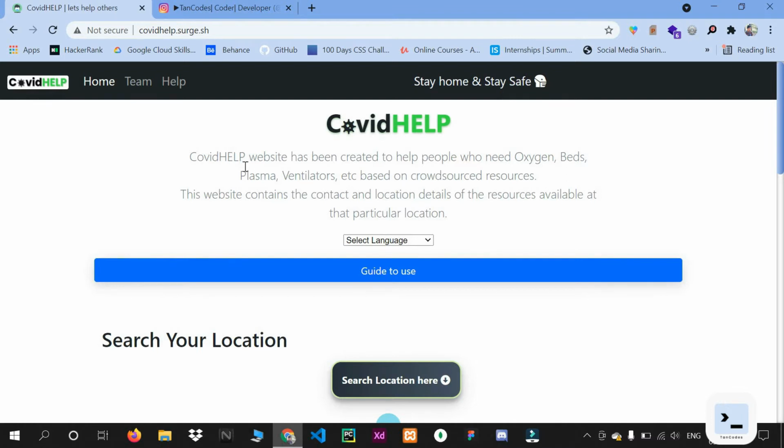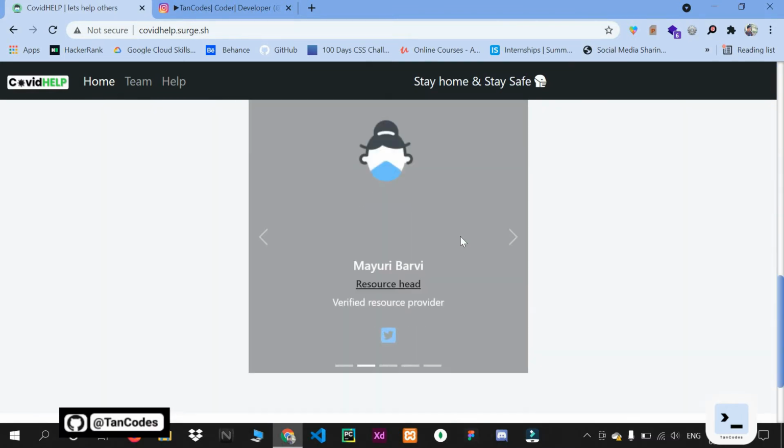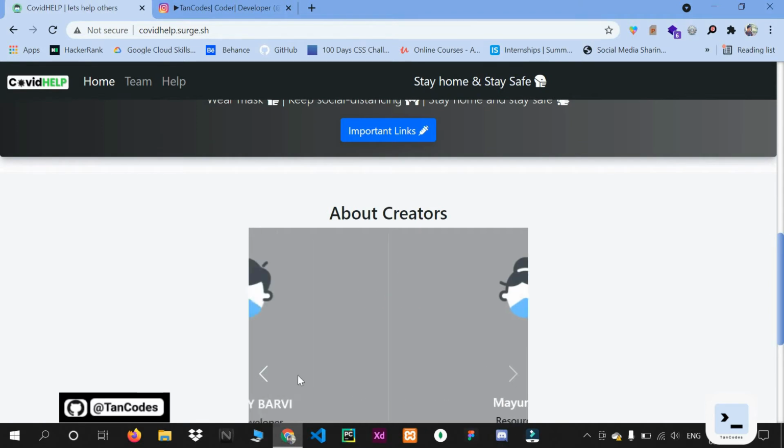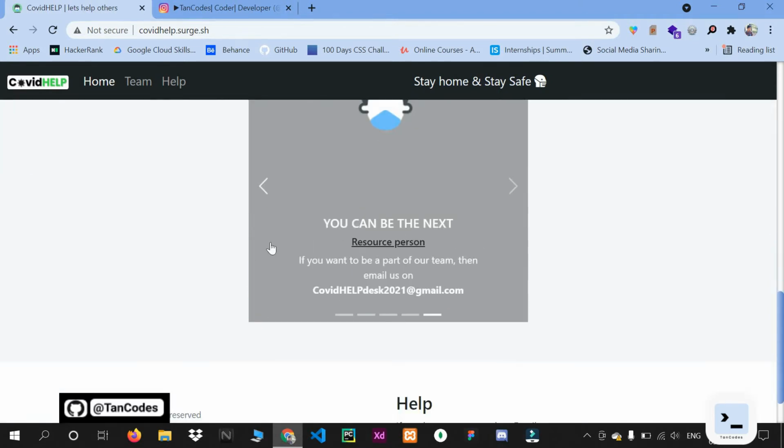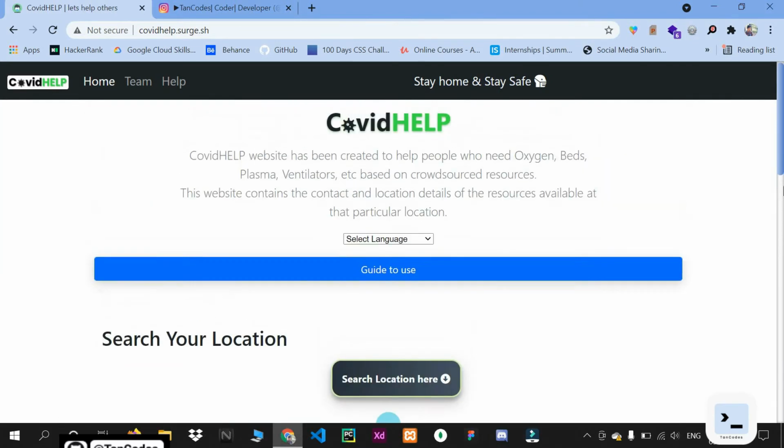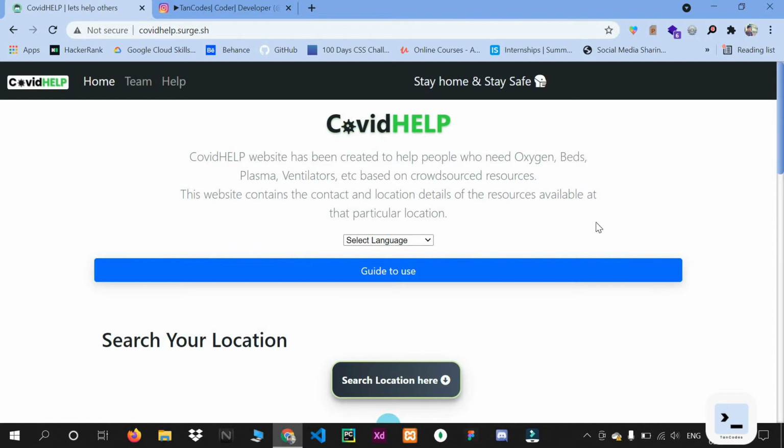This website is created by me with other resource persons. These are all resource persons who help me get the information and data about all the hospitals, like where oxygen is present or not. So this website helps those people who need oxygen beds and all.